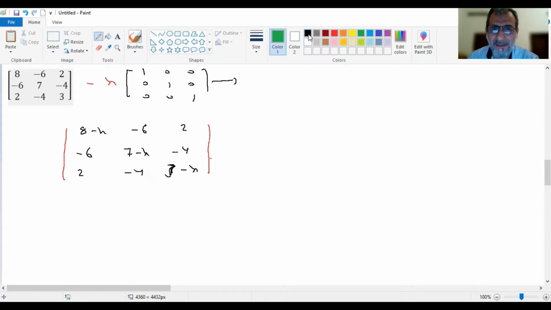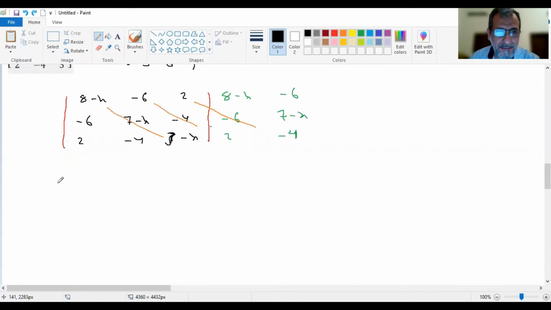So what do I have in the first column? I have 8 minus lambda, negative 6, and 2. The second one is negative 6, 7 minus lambda, and negative 4. To find the determinant, we multiply the elements of this one, this one, and this one. So it will be 8 minus lambda multiplied by 7 minus lambda multiplied by